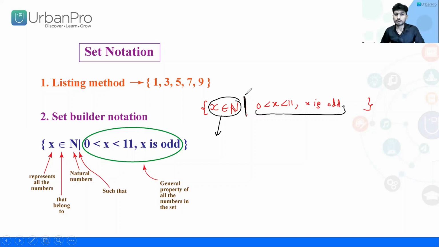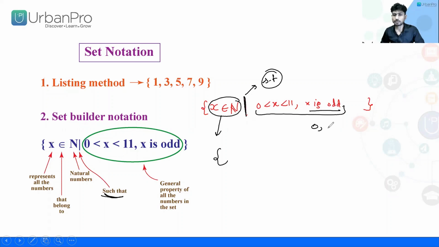And you will use this sign. It means as such that sign. Such that means after such that, like here it is written, after such that you will use a condition, from which condition our set will be built. Okay, like as this is a condition of the x, means that element which is coming here. This is a condition, means x is starting from after 0 and less than 11, and x is odd.